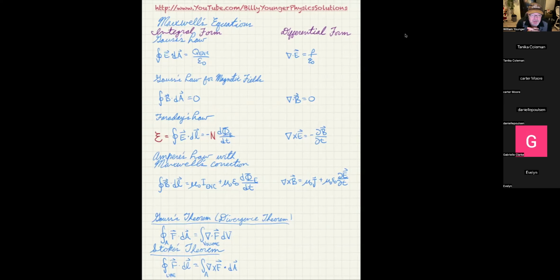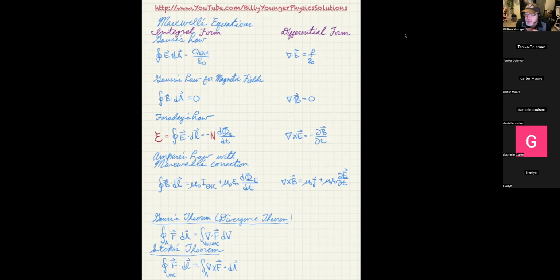So that's the second law. That's called Gauss's law for magnetic fields. There's Faraday's law, which I wrote in the E parts, the red parts, because that's a different way we might have typed it, and also have seen it in the book. But also, when there's more than one wire loop, then you have to put the N in there